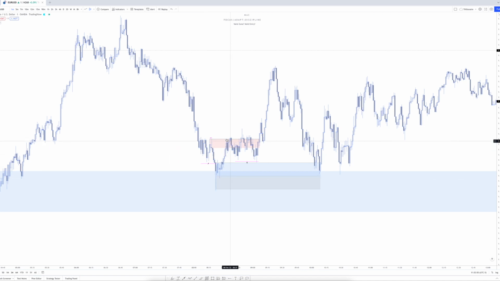We then see price push to the upside, interact with our supply, push to the downside, create a failed reaction, interact again, create another failed reaction, interact again, and create another failed reaction. Anytime you guys see a lot of consolidation around a supply or demand region, look to see if price is dropping inducement. So in this case here, we have the apex of our supply, or excuse me, of our demand that comes into the market with this candle here, okay?